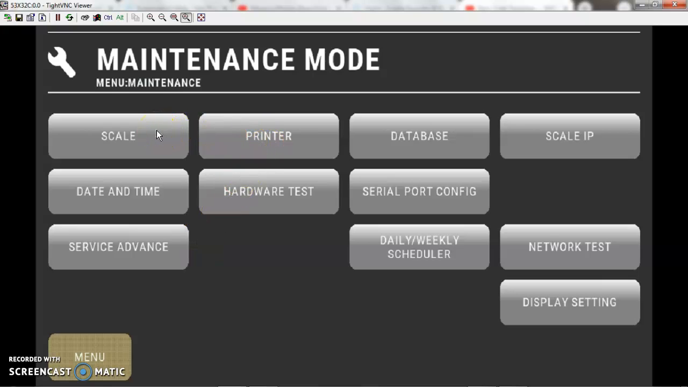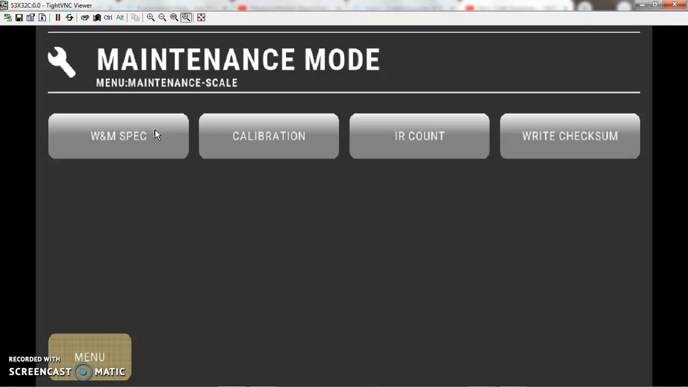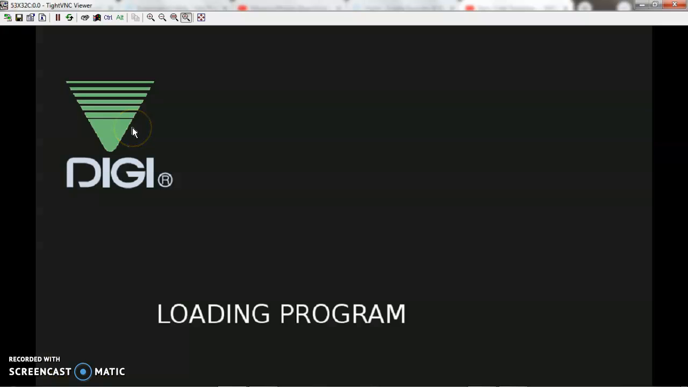And then now in the last one we have scale for maintenance mode. This is where you would set your weights and measure specs, calibration. You really don't deal with these two unless you're dealing with Digi. So it's usually calibration and weights and measure spec. Inside weights and measure spec,